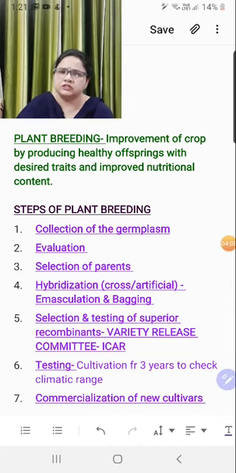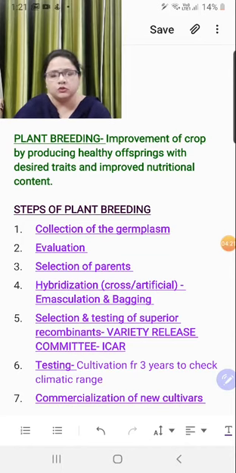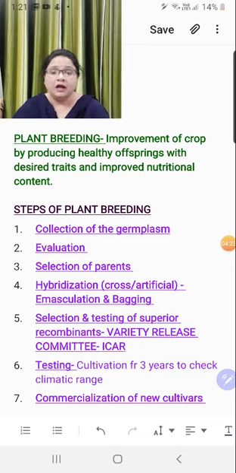Children, hybridization sometimes occurs naturally too, but here, since this strategy is actually under controlled conditions, manual interference is there, so here we are going to do artificial hybridization. You also call it cross hybridization. I believe that you people must be knowing emasculation and bagging.